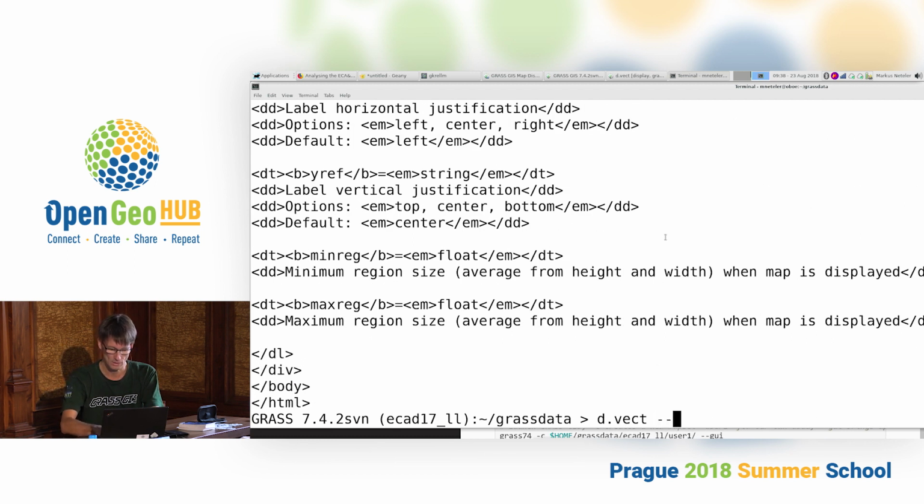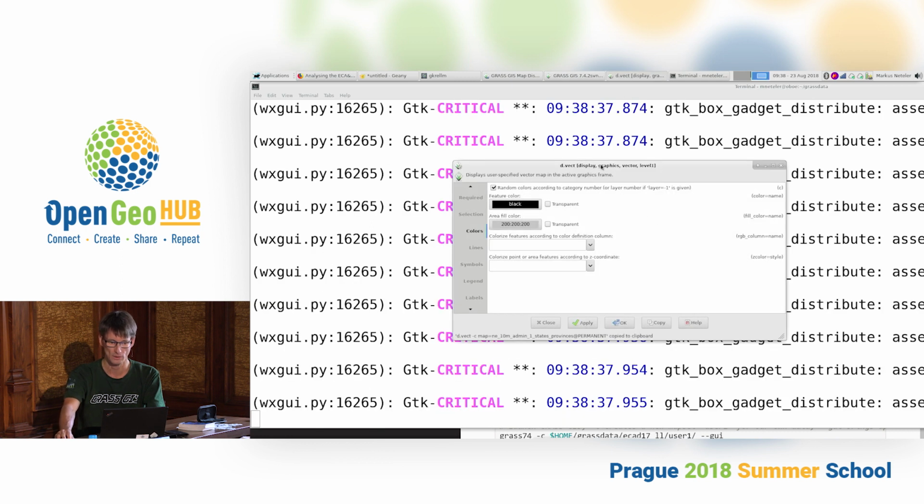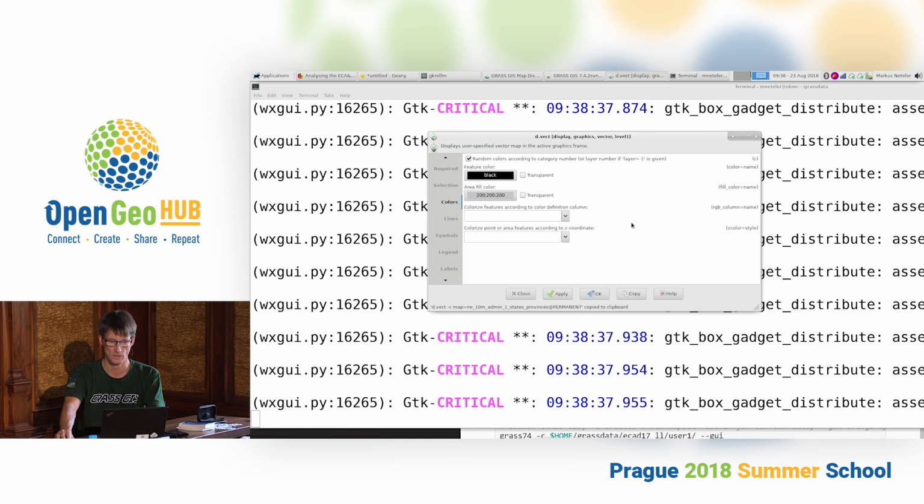If I write --interface-description, yeah, we get the same thing in XML. And from this XML that's parsed automatically, this user interface is generated. So if you now think about it,